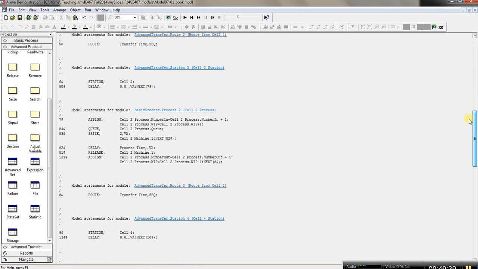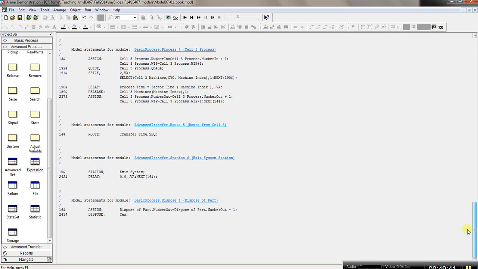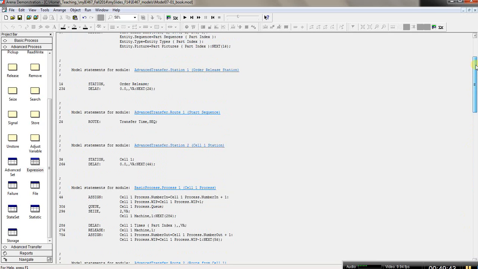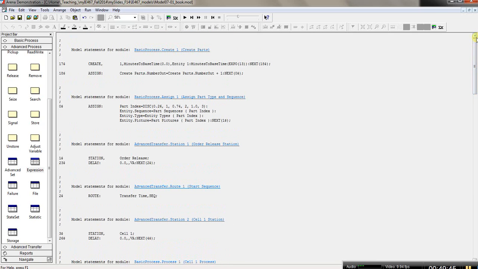Of course, for a beginner, it might be a little hard to understand what really happens, but there are different steps that we go through, starting with the create module, then going through assign, and then we have